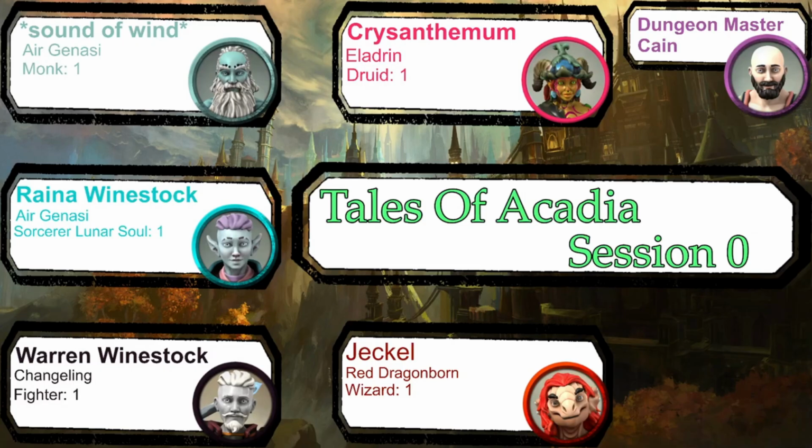So, are we all comfortable with me talking about surface level character stuff? Like your class and species? Yeah, go ahead. I'm down. Cool. So, Chrysanthemum is an Eladrin. They are elves that are from the Feywild. And when I say that, all elves have a tie to the Feywild. Chrysanthemum came from the Feywild at some point.